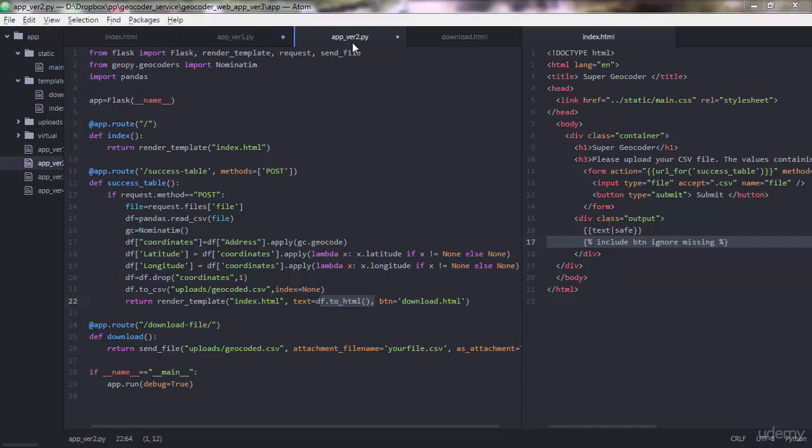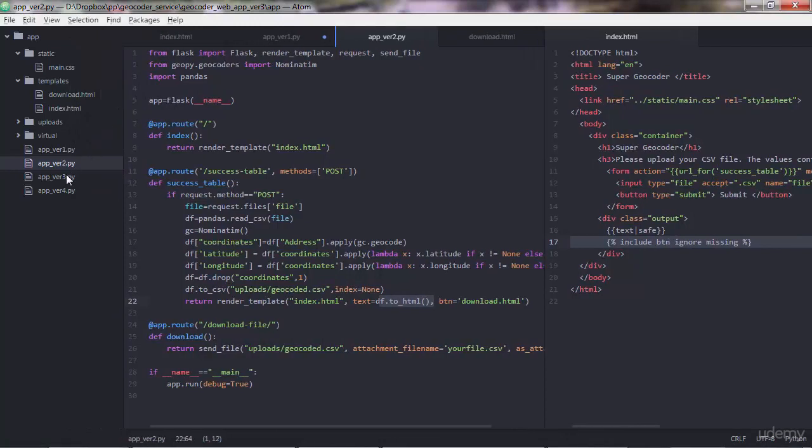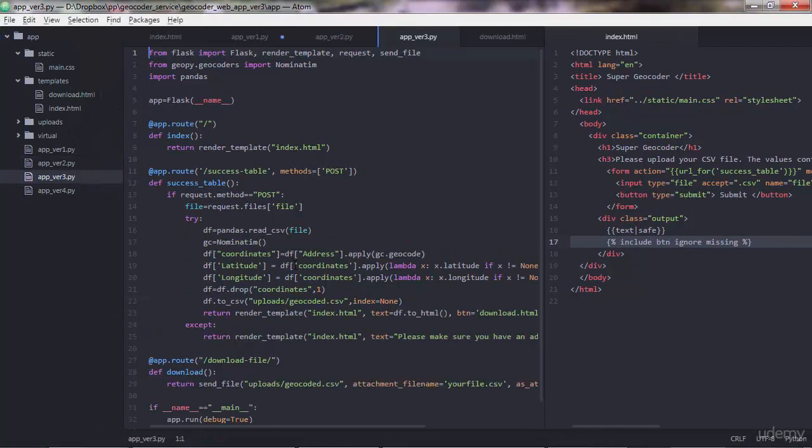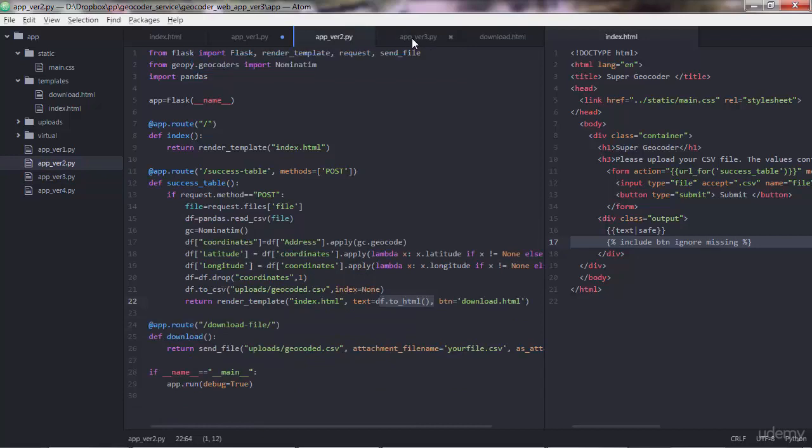Great, we are in version 2 and I'll try to be quick now and show you version 3. This is version 3, and the way I implemented this functionality where I want to check if there is an address column in the data frame is by adding a try and except statement. So basically, if you can see, the difference is